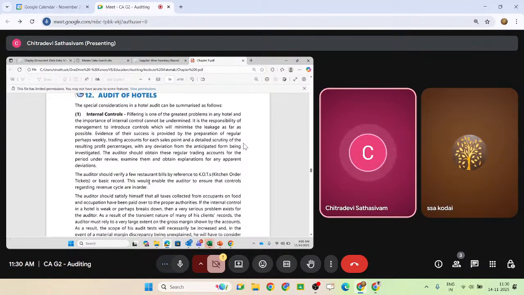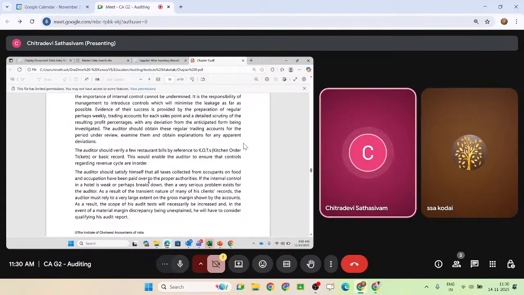Okay, so now audit of hotel. Before that, I will just share my experience because I did 2 hotels actually. We go to the restaurants, the bar area, the reception. How many guests are there? Especially the occupancy rate is the most important thing for a hotel business. When you say occupancy, 50 rooms will be there, only 40 rooms are occupied, so close to 80% occupied, correct? 20% is vacant loss. The rooms are idle.